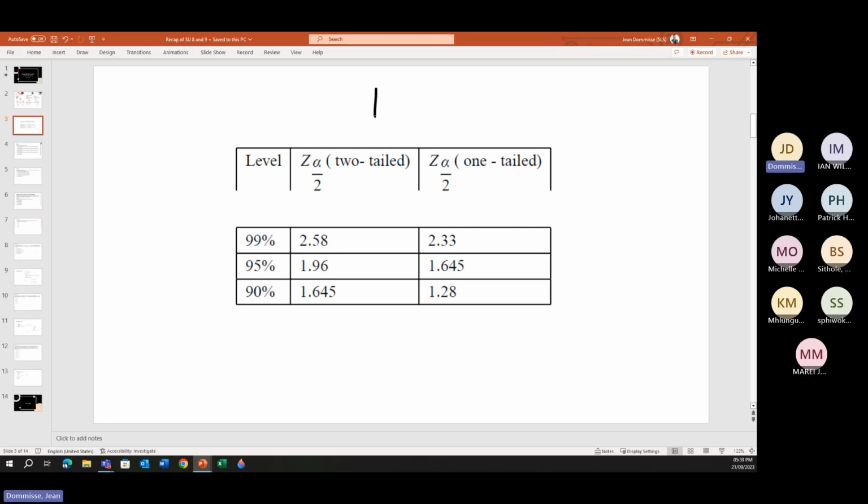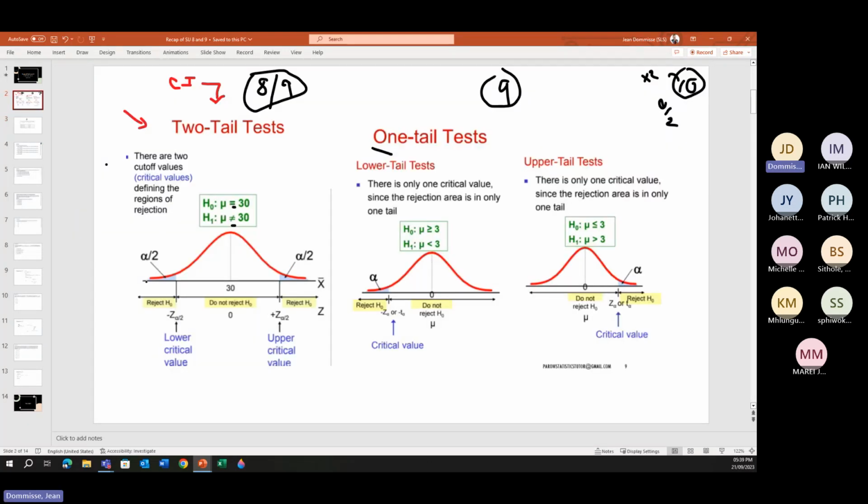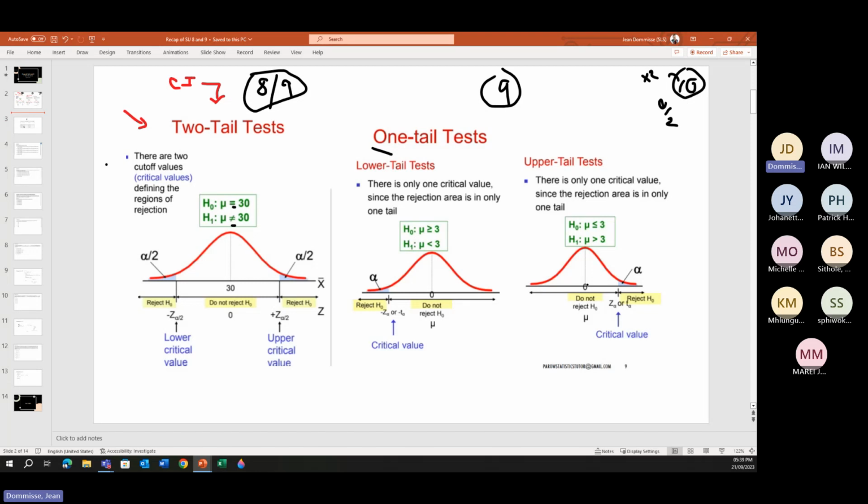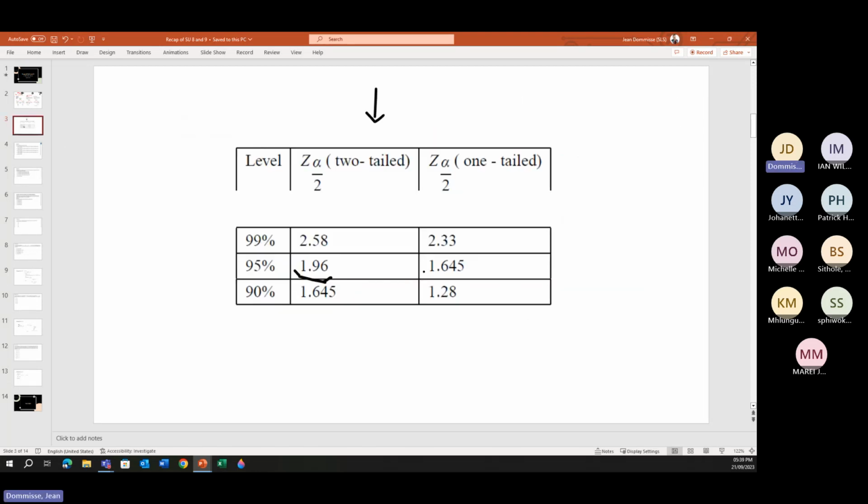We can use this table as a given. So when we work with two tail 95%, we know that we're working with a Z of 1,96. If it was a one tail with 95%, the Z will be